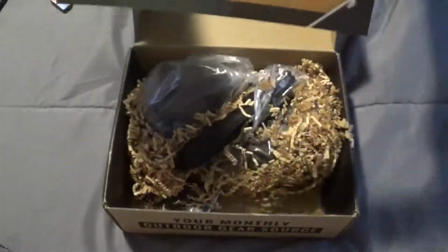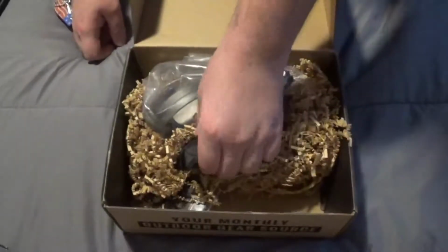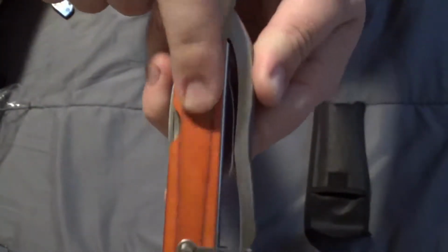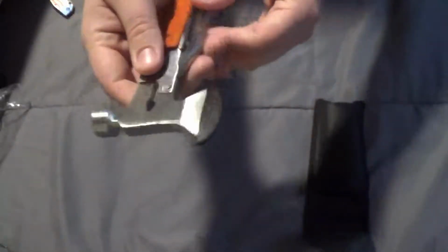Alright, so every one of these comes with a little card here. Goes over what's inside of it, as well as ways to use it, what's good for, and things like that. So let's pick the first item out here. Set this to the side. Looks like the first one we got here is the, what are they labeling it as? The Hammer Axe Tool. Everything that Alpha Outpost has done, they have stamped with the Alpha Outpost sign. So I'm not sure what company makes this particular thing, but